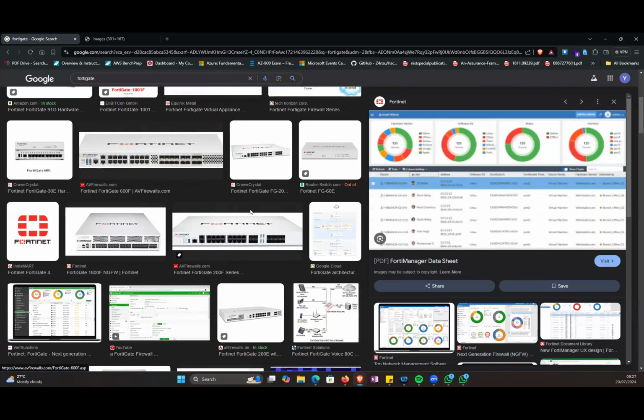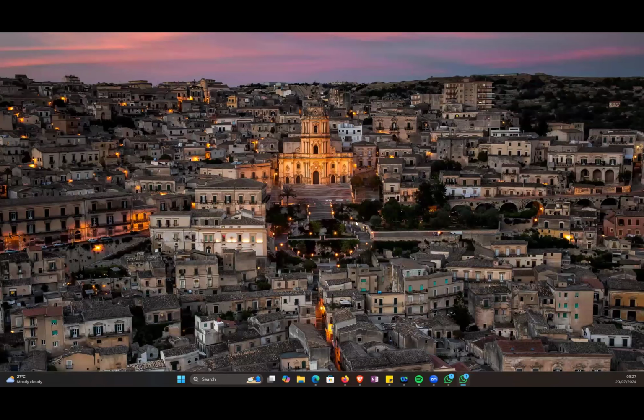But the one that we are going to be using is the VM version, the virtual machine version, which is the software version. That's the one we just imported now. But I just want to show you how it looks like. And you can see the number of ports that it has. So when you buy something like this, you have access to all these ports. But because we are going to be using the software version,